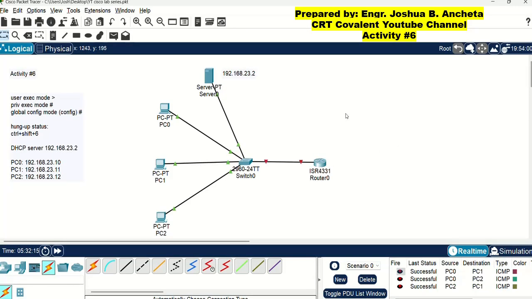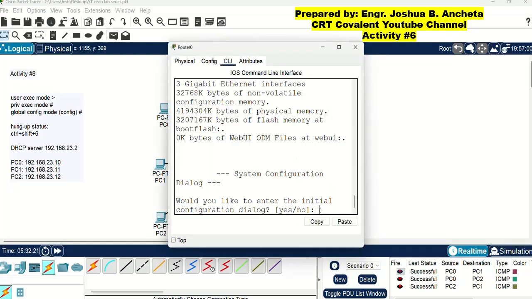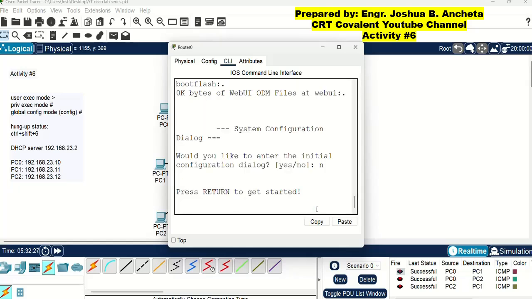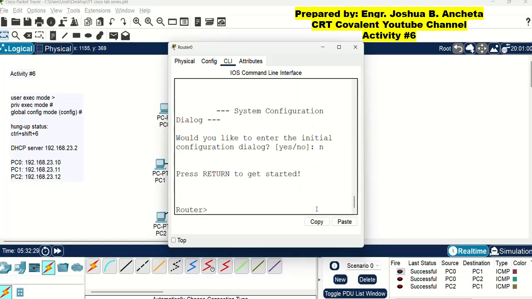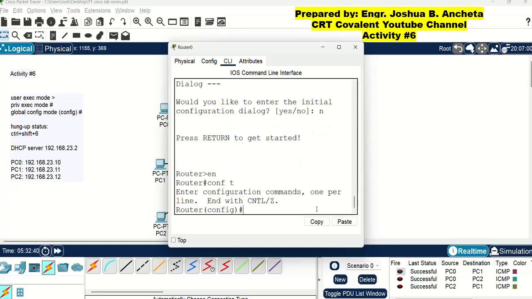Okay, so let us change the name of the router. Let us click the router, go to CLI. You just click no here, then press enter. Let us go to privilege executive mode, enable, then conft, then the hostname command.